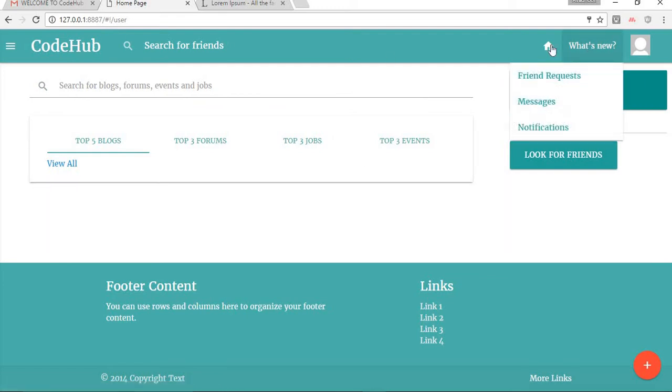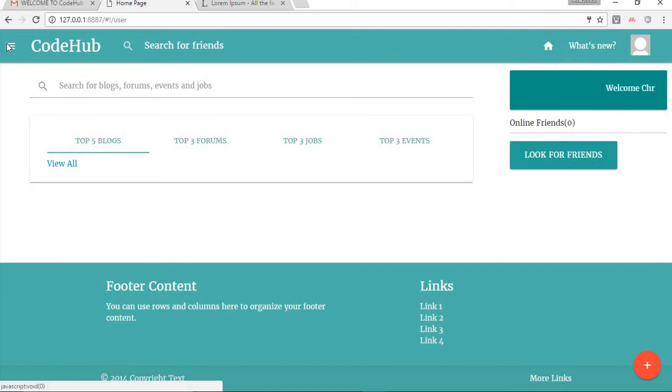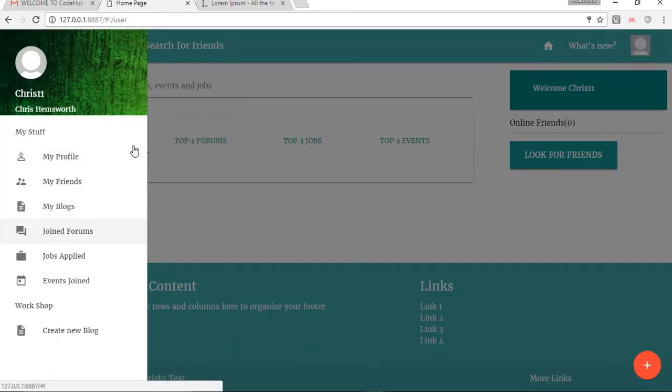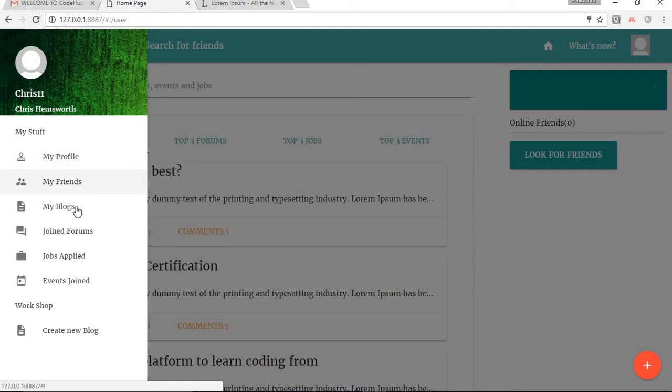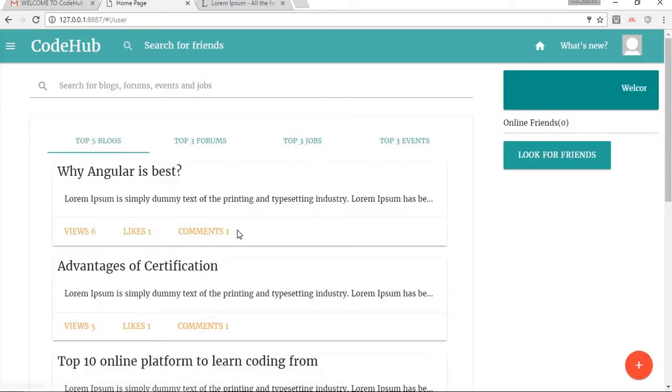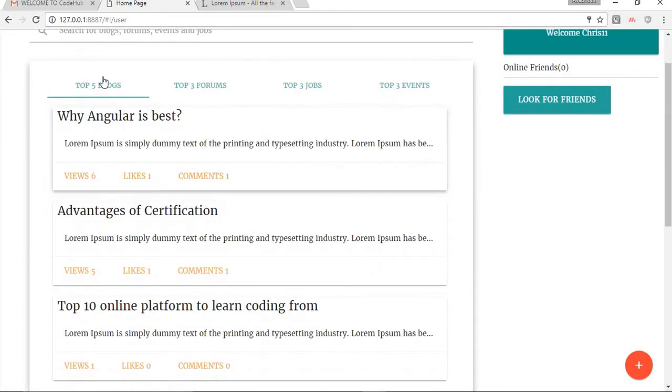Here is the navigation bar. Here are the quick links to view my profile, to view my friends, to view my blogs created by me, and so on. Then here you can see the top 5 blogs. These are all the